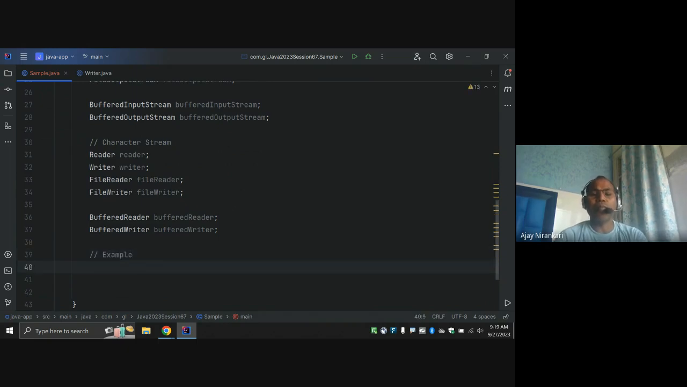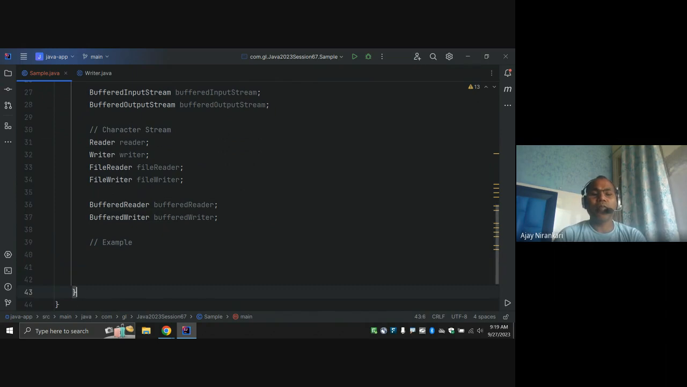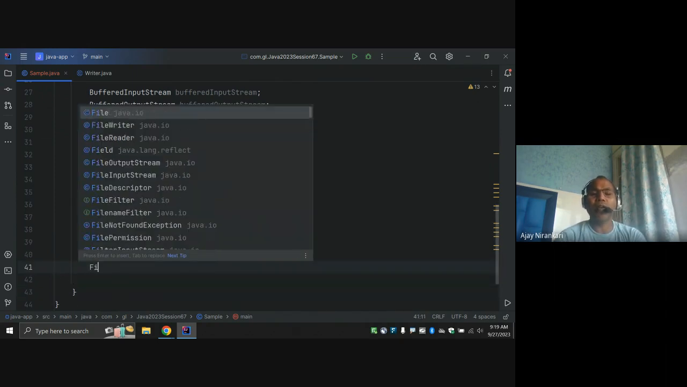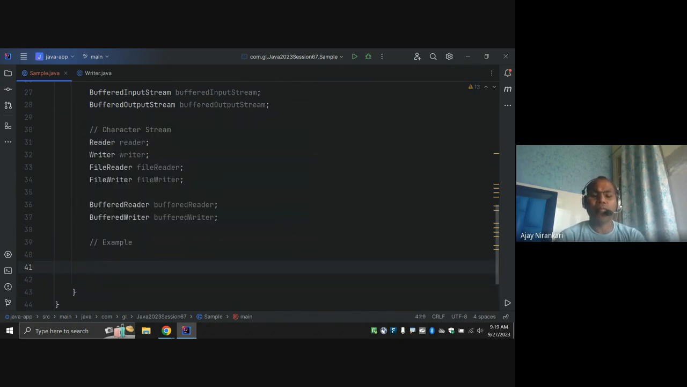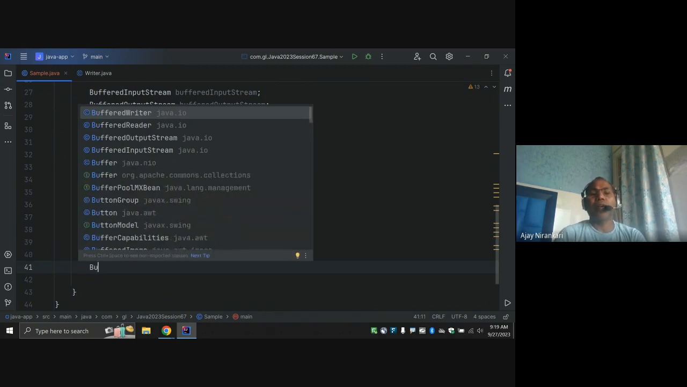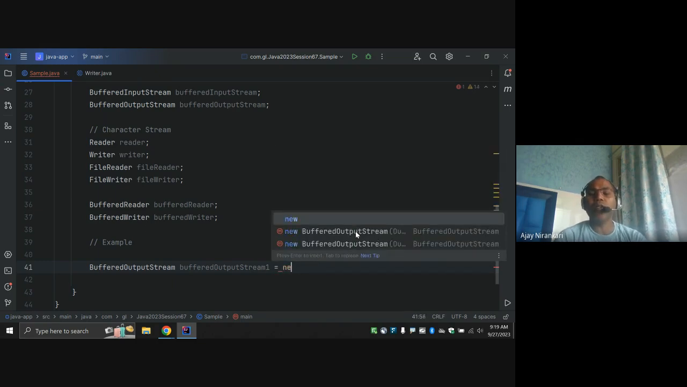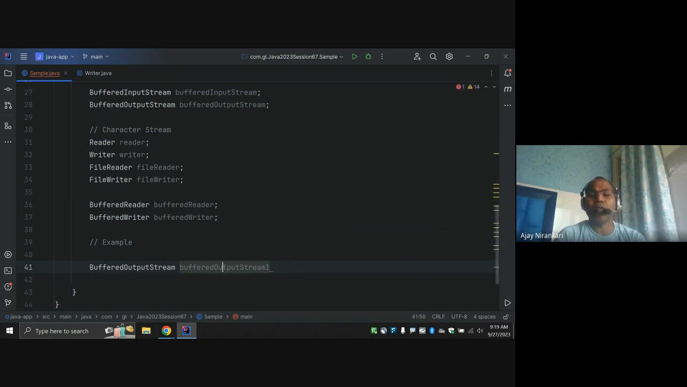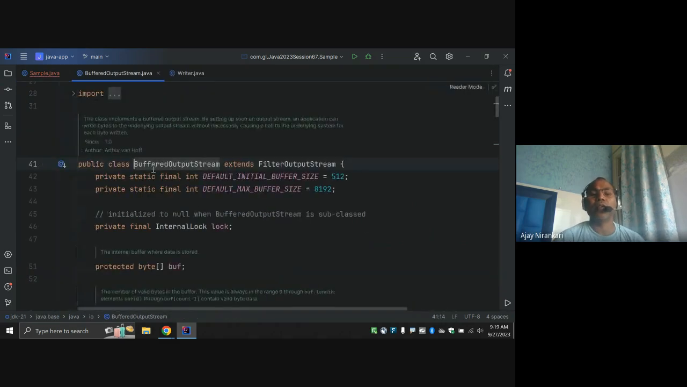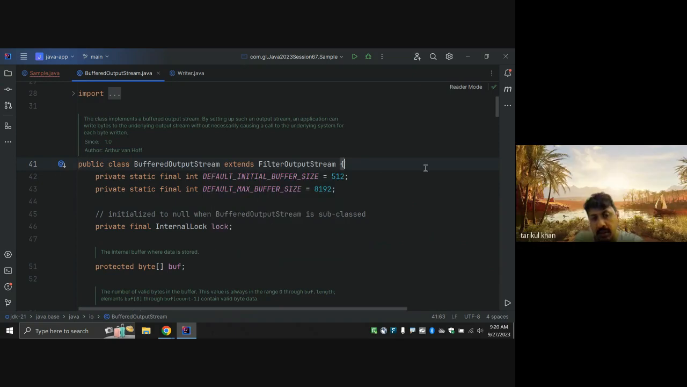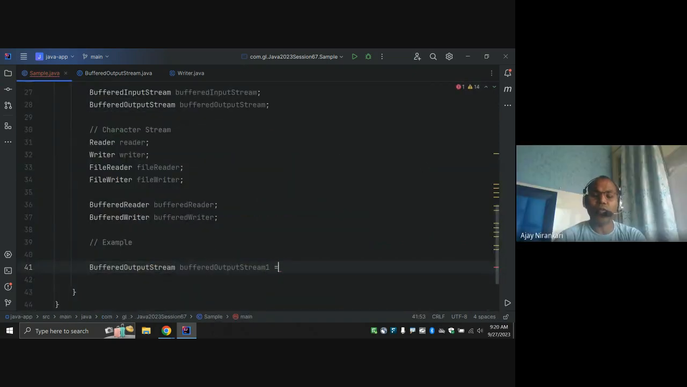Let's write a file with buffering. You first want to write the data and then read it, right? Whenever I create the buffered objects, how do I create them? You can use the new keyword, because these are simple classes. So we can create the object with the new keyword, right? Let's say equal to new